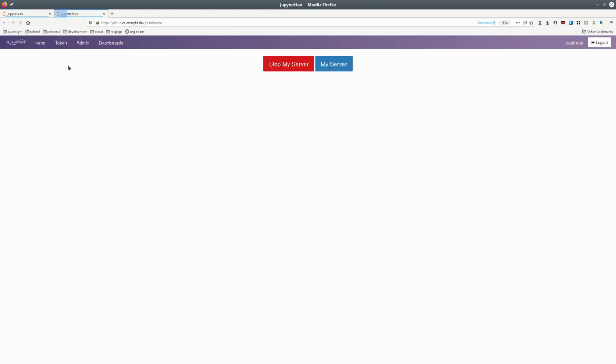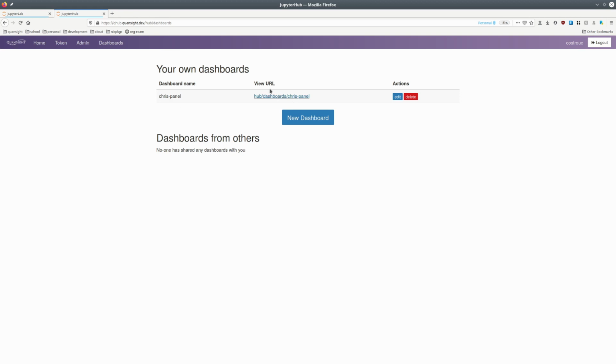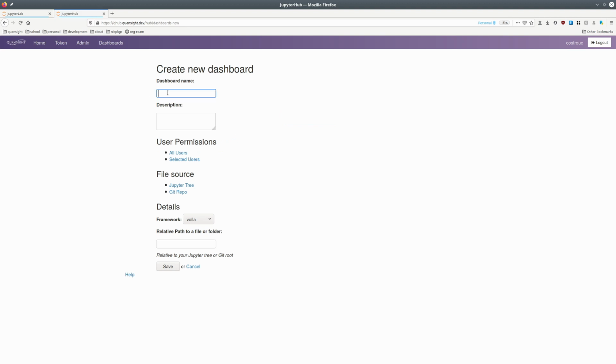So if you go to the Hub control panel, you'll now see that there is a Dashboards button. And when we click Dashboards, I already have one that's currently running, but it's worthwhile to just create a new one. We give it a name, so like My Fancy Dashboard, and then just a nice little description. You can see selected users. We have the ability to control which users we want to share this with,